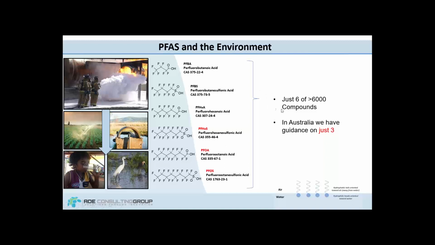And further to that, we just don't have the tox data on most of these. In Australia, our guidance really just focuses on PFHxS, PFOA, and PFOS. However, overseas, we do see emphasis on other compounds like PFNA, which is a 9-carbon long chain congener, as well as PFHxA. So the risk really is generated from PFAS liberation and it reaching endpoints such as agriculture, stock water, the environment, and drinking water. And really breaking this chain is what the focus of this presentation will be on.